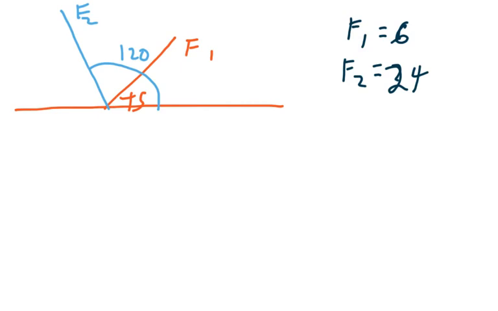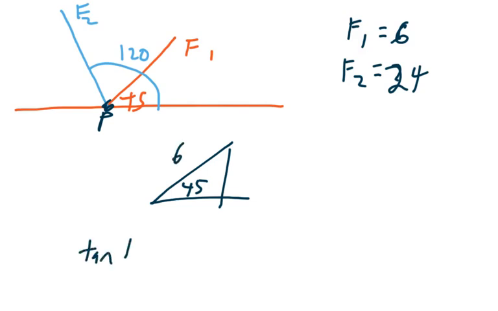Alright, so in the notes they didn't give you the picture, so I gave you the picture for number 8. We have two forces acting on an object right here at P. And for the resulting force, we want to figure out how far it's being pulled horizontally and how far it's being pulled vertically. So for the first one, when I have 45 and this has a force of 6,